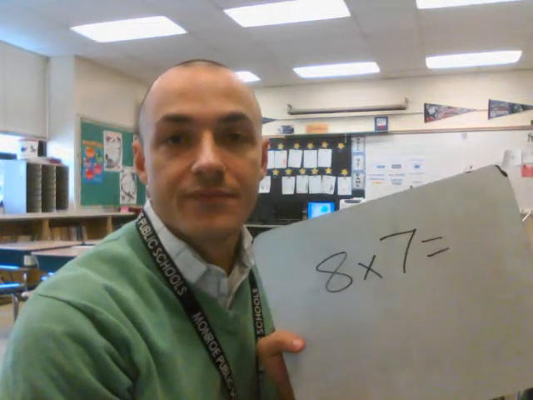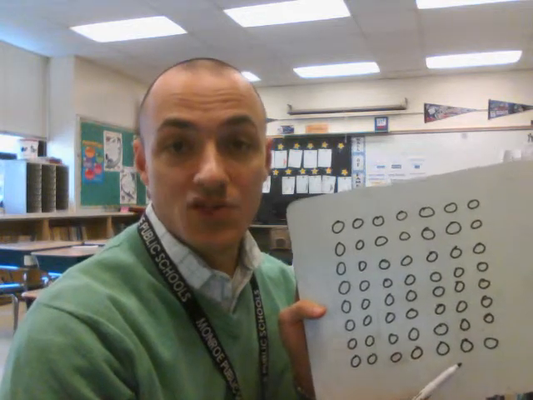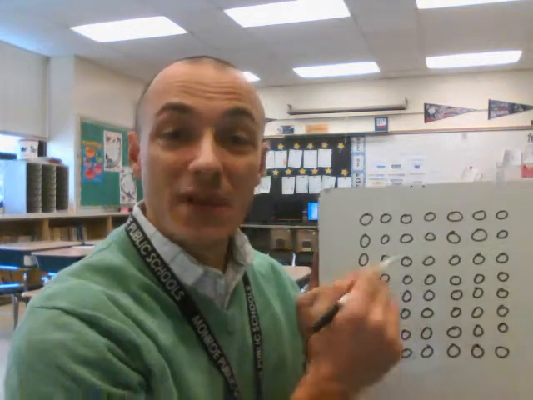If we're looking to solve the problem 8 times 7, one thing that we can do is make an array with 8 rows of 7. Now this is very time consuming, and oftentimes we get mixed up and have to start counting over. But if we think about it this way,